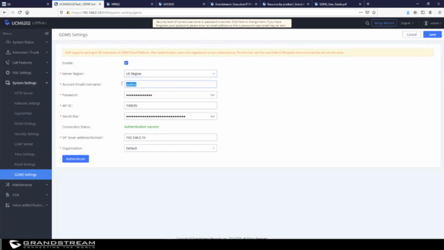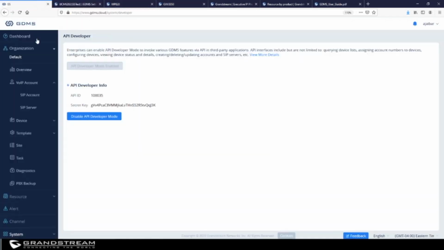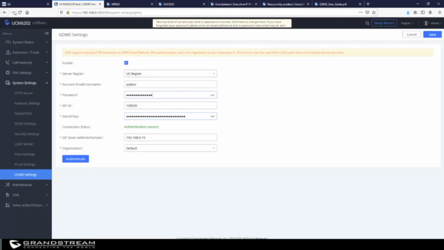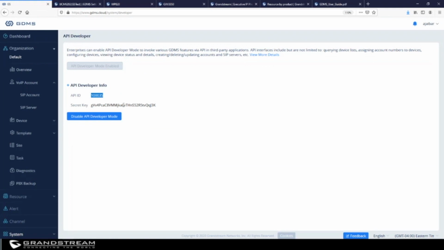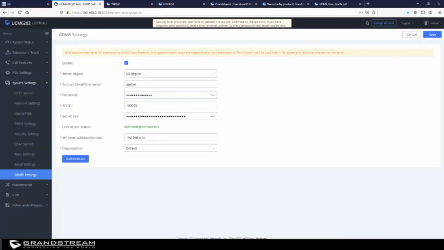Then you enter the username. This is the username that you use to log into your GDMS profile, and it needs to be the platform administrator. So I'm going to use the password associated with my GDMS username. The API ID, I get it from GDMS. This is the ID. And for the secret password, I get it from here. So I just copy and paste the information here, save and apply,